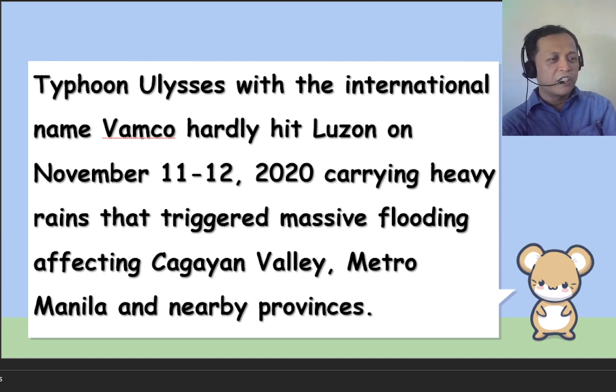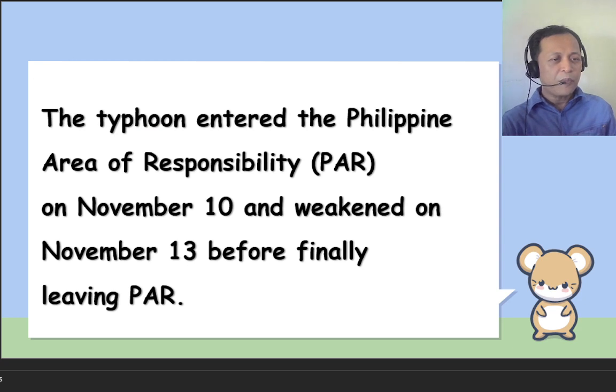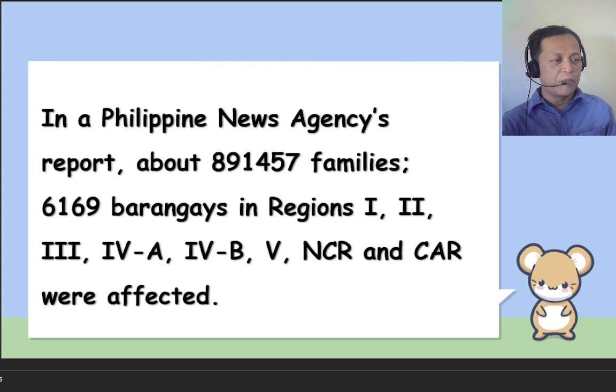Typhoon Ulysses, with the international name Vamco, hardly hit Luzon on November 11 to November 12, 2020, carrying heavy rains that triggered massive flooding affecting Cagayan Valley, Metro Manila, and nearby provinces. The typhoon entered the Philippine area of responsibility on November 10 and weakened on November 13 before finally leaving the Philippine area of responsibility. In a Philippines News Agency report, about